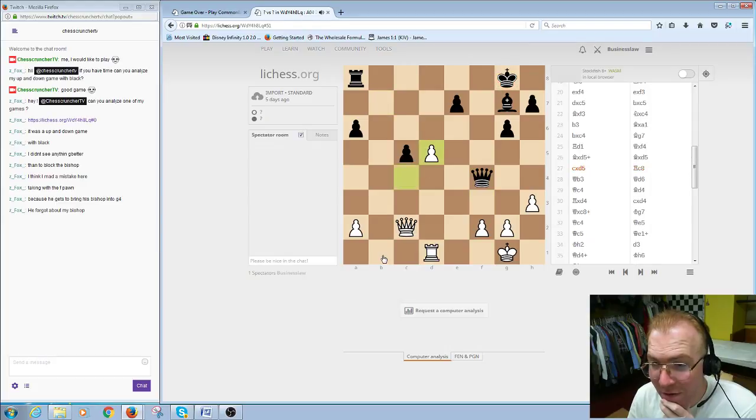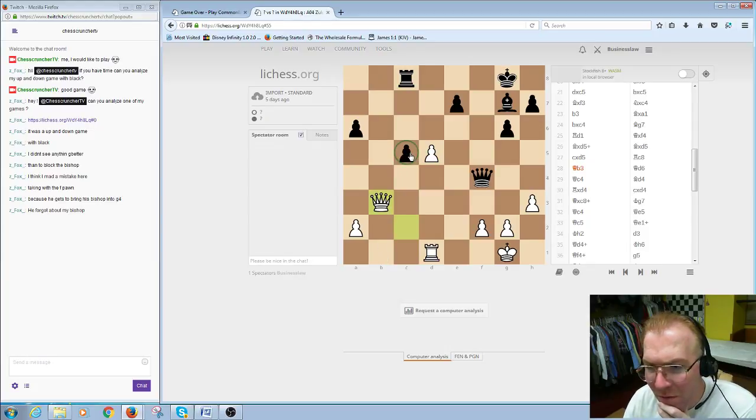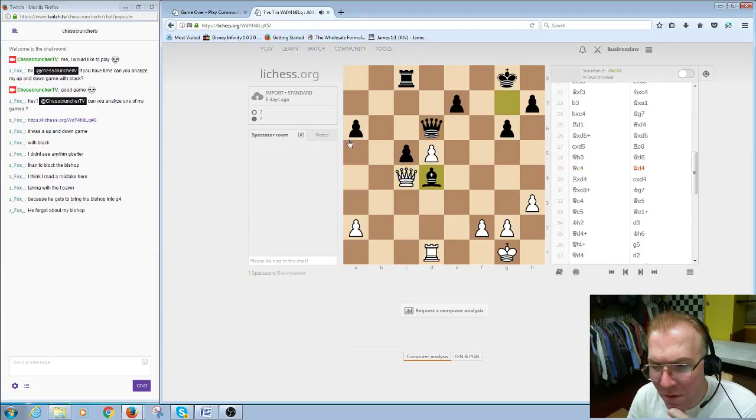Check, yeah. Yeah, you're up a whole piece. Let's see how many pawns you got. 1, 2, 3, 4, 5. Yep, you're up a whole piece. Aren't pins a pain? Pins are a pain, I gotta say. Because you can't...